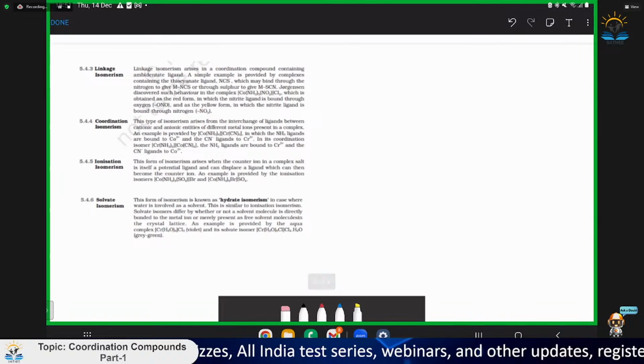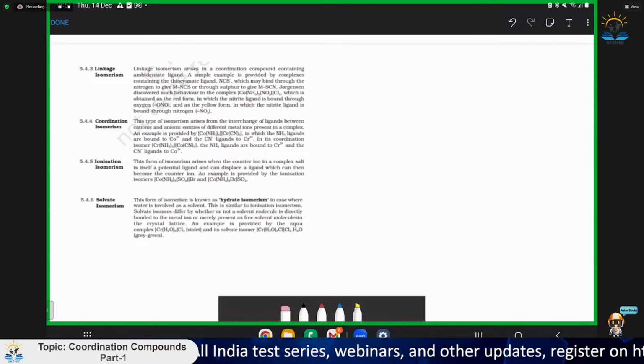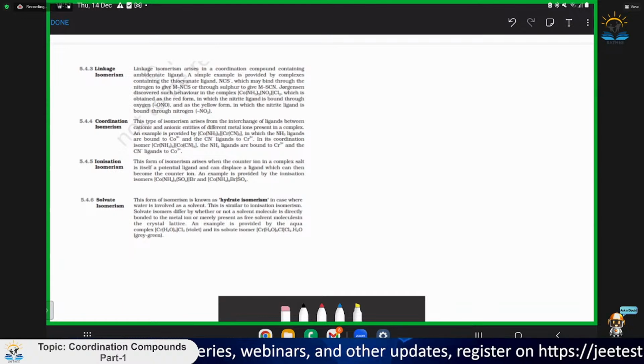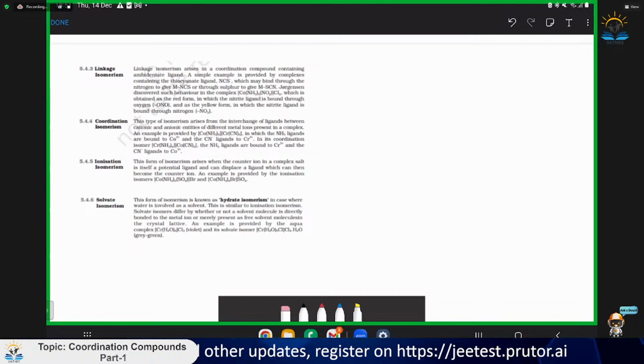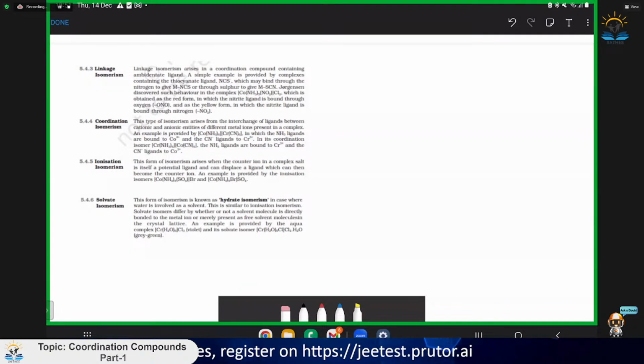In structural isomerism, linkage isomerism arises from ambidentate ligands. SCN and NCS are there. If SCN is donating through sulfur, that's one thing; if NCS is donating through nitrogen, that's another thing. That's a structural isomer based on linkage. Coordination isomerism,